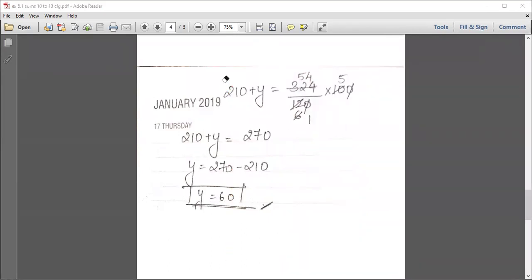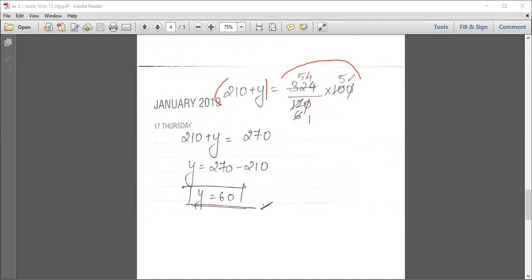All right. So continuing with the same step further. So 210 plus Y will remain in the bracket itself. We'll not cut it. Again, the logic which I followed was cross multiply. Now in this case, 210 plus Y ये side आ गया, and 120 जो इस side था, left side में था, वो नीचे आ गया. All the other two are that side only. That is 324 into 100. I have not at all done anything to them. So cross multiply. 210 plus Y came this side and 120 came this side.